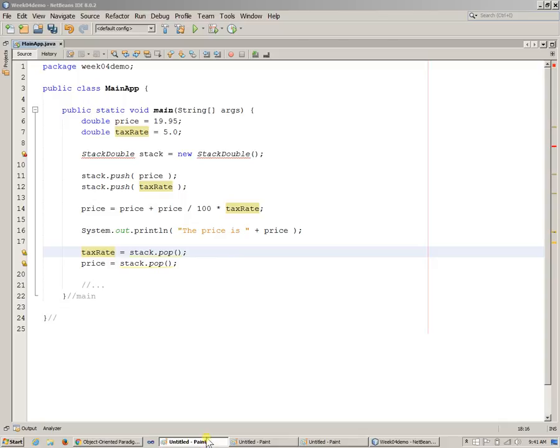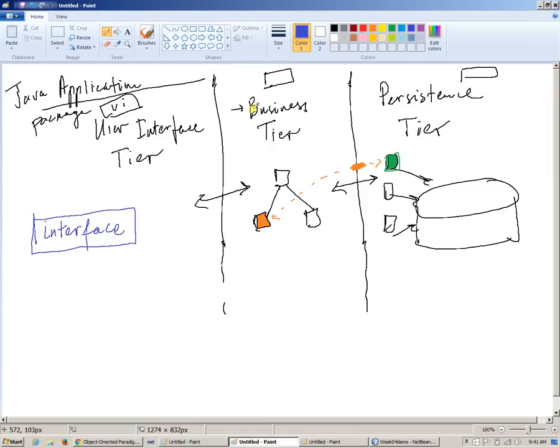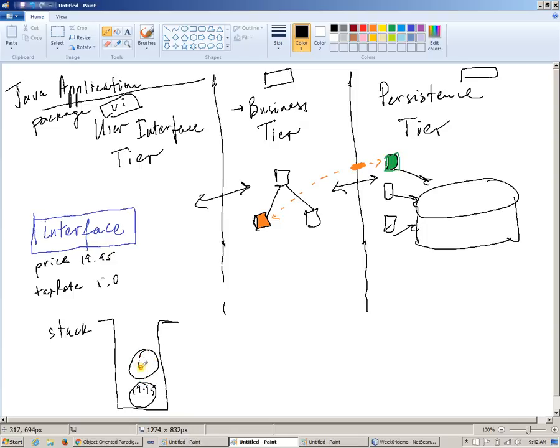So I think I tried doing it. Maybe just a quick demo here is that, of course, the stack that I'm trying to picture is saving the values like in this stack arrangement, such that it's like first in and last out, because if I have this price, a double, which was 1995, it gets stored over here, 1995, right? And I also had tax rate, right, which was 5.0, and that's another thing I place over here